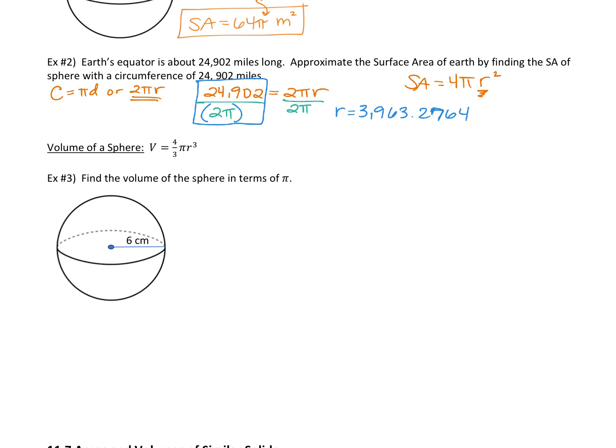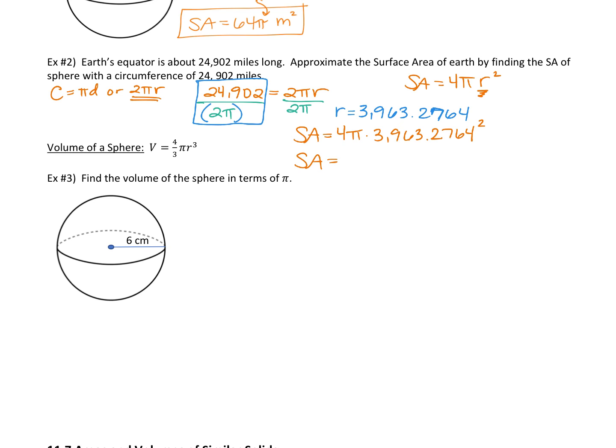Okay. So now if the question is find the surface area, all you have to do is say, I know surface area equals 4 times pi times that number, 3,963.2764 squared, right? 4 times pi times the radius squared. At this point, you can just plug it in how you see it. Type in 4 pi times 3,963.2764, hit your squared button, and you should get a surface area of,